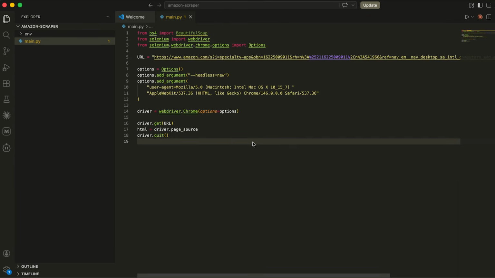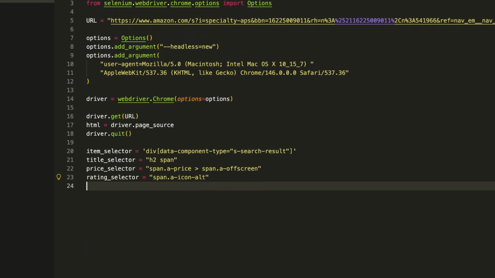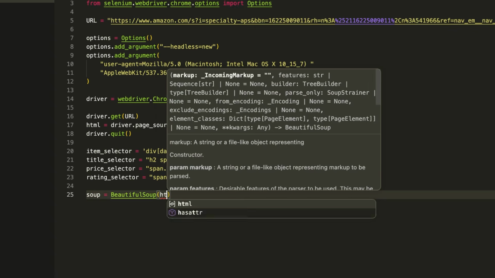Before we can extract the data, let's define the CSS selectors we initially found when inspecting the Amazon page. I'll paste them in like this, but make sure to retrieve them from the HTML as shown before, as Amazon does tend to update its page structure quite often. Next, we can pass the HTML into the Beautiful Soup instance as such to initiate a soup object, which we'll